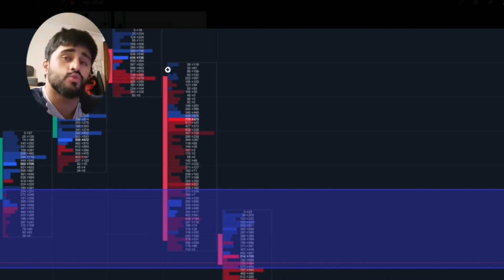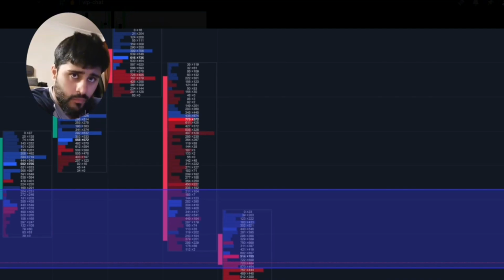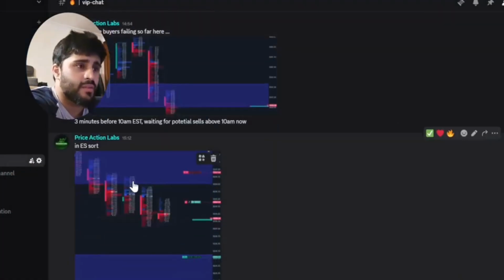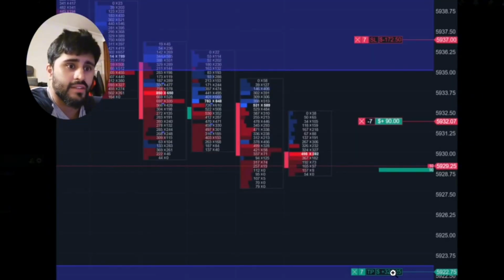The terminology we use is absorption. Aggressive buyers are being absorbed by passive sellers. We understand passive sellers are sitting in this region, and passive sellers simply represent why the market moves down in the first place. And so when we dive in and start looking at the entry, again, this entry was just